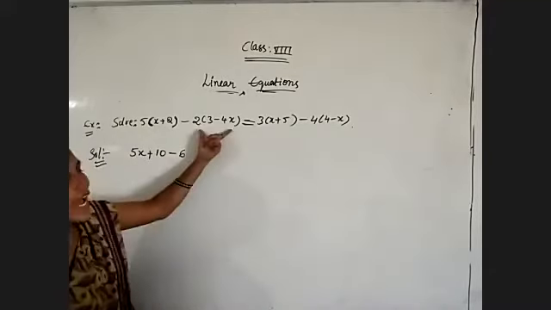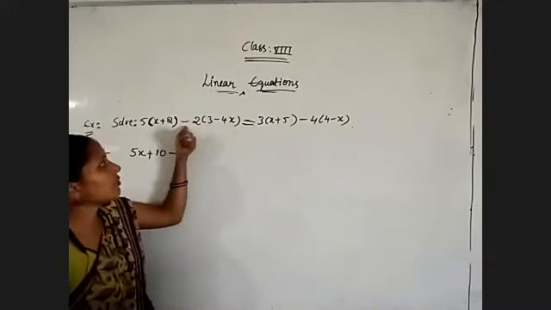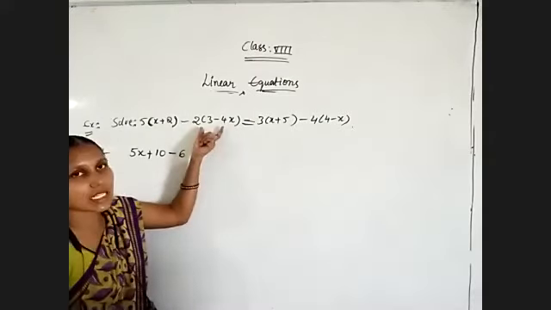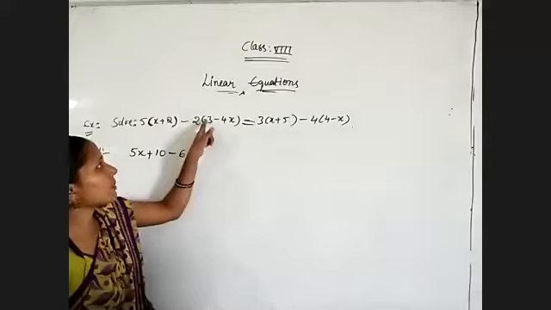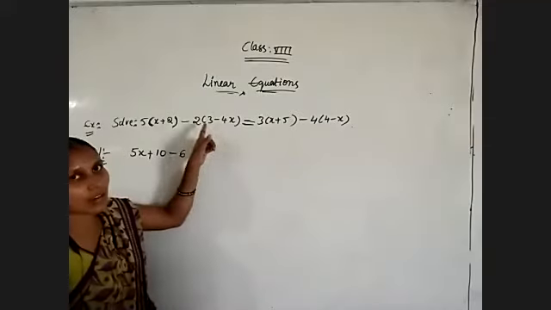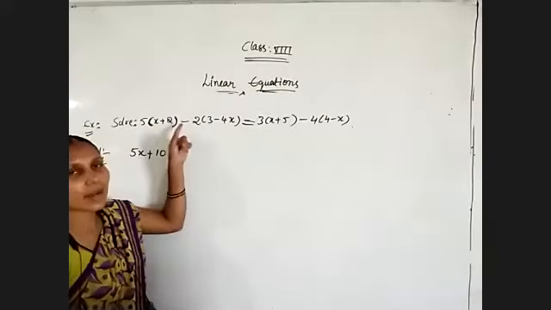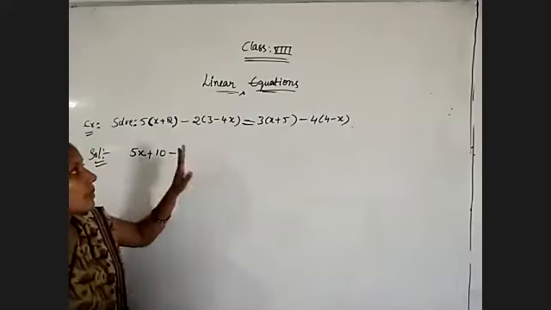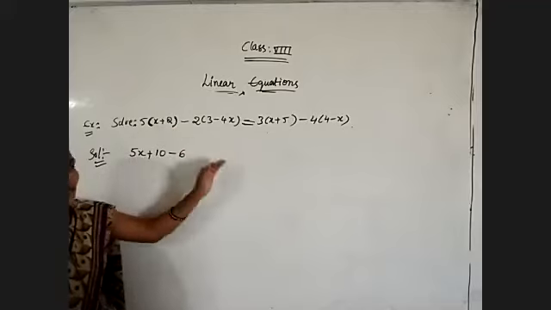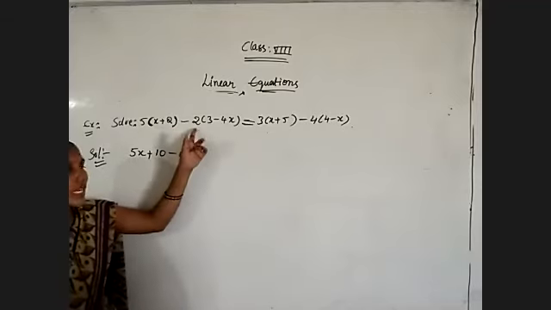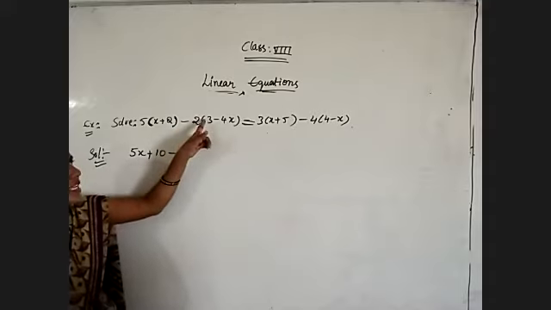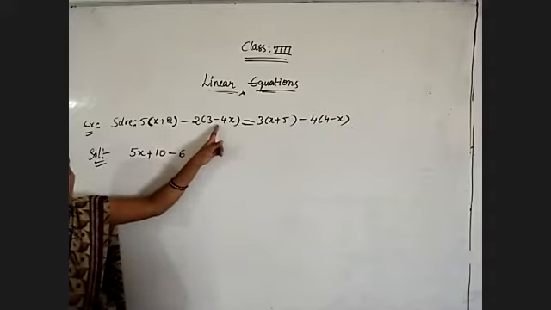And as we know, before the bracket, if minus is there, each and every term's sign will interchange, whatever is inside the bracket. So plus 3, that's why we are getting a minus value. 2 threes are 6, actually plus 6 it is, but because of minus we will get minus 6. So remember, whenever plus is preceding the bracket, all our signs will not change. Whatever signs they have, those signs only we will get. If minus is preceding the bracket, plus values will become minus, minus values will become plus.